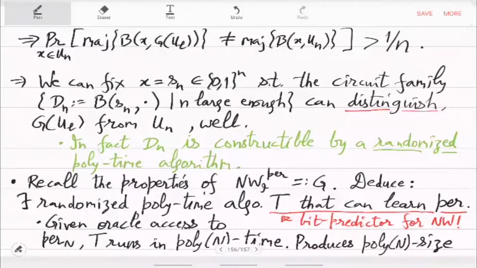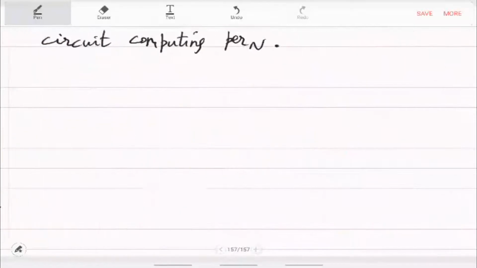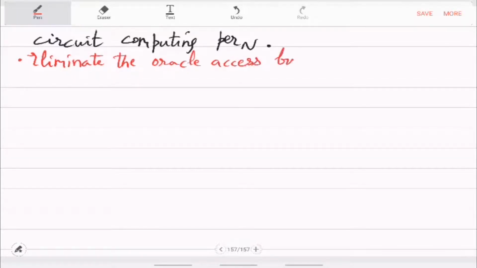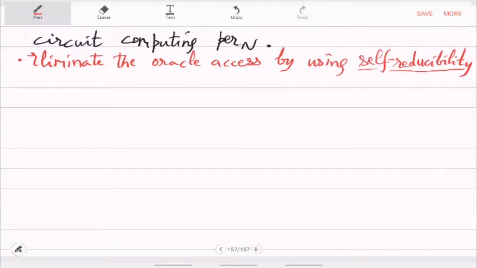So, this learner for the permanent is there, but it requires oracle access to permanent, right. It basically requires it to compute permanent on smaller instances. So, how will you get the oracle, or how do you eliminate the oracle? You eliminate it by using the identity that permanent satisfies. So, eliminate the oracle access by using the self reducibility of permanent,